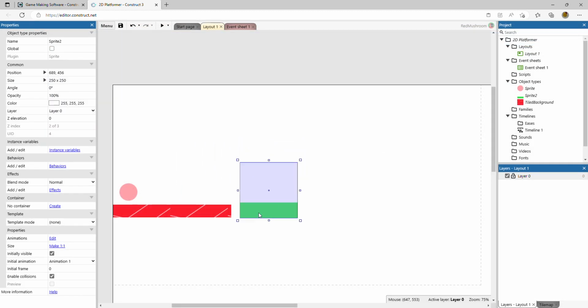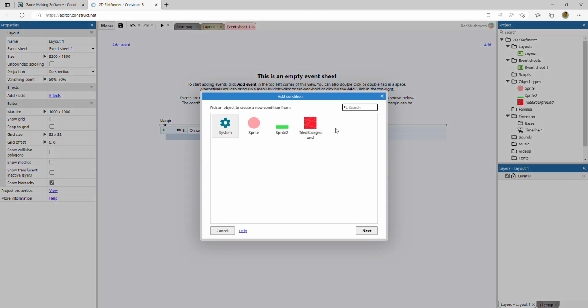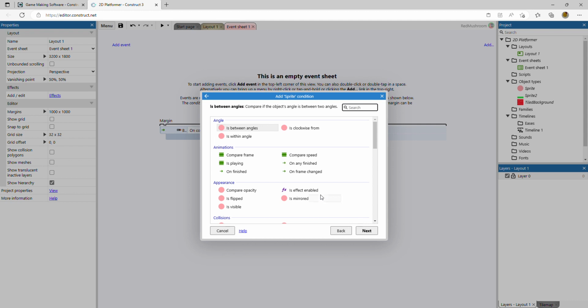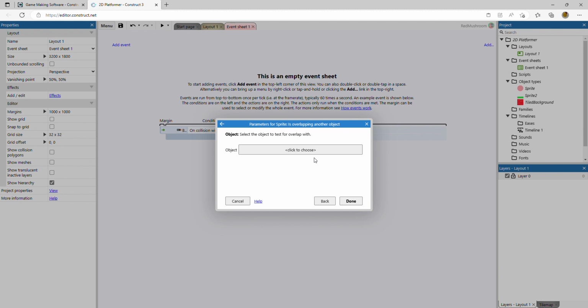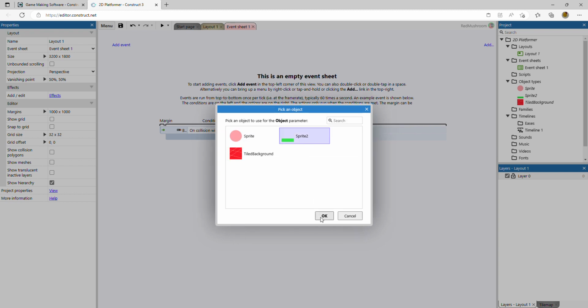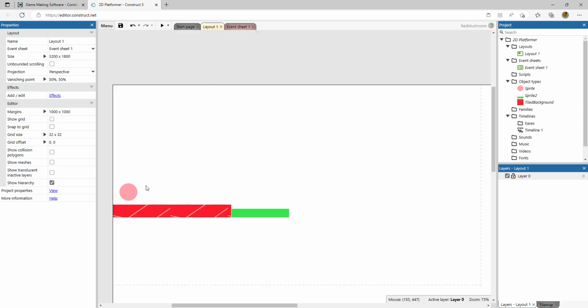Now, if you want this to kill your player, you're going to have to open up your event sheet and add an event that sprite, so this is going to be your player, is overlapping another object. Then you're going to select this, hover over your sprite and look on the bottom right where it says mouse and the position of it. Try to memorize that position. So my mouse is at 70,